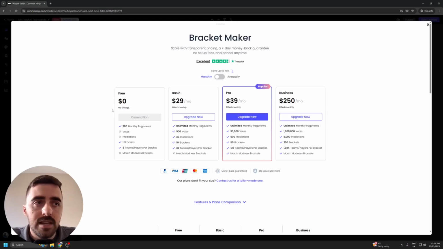By default, I've selected the free plan right here. So you can see it supports up to 300 monthly page views. It does not require for votes and predictions. It only allows me to have one bracket, and within that bracket I can only have up to 8 teams or players. So naturally, if you plan to have more than 300 page views on the bracket,